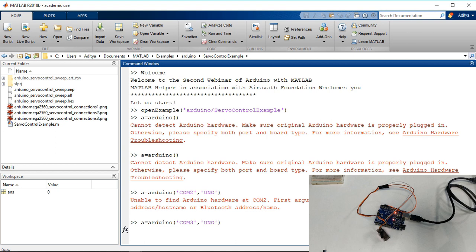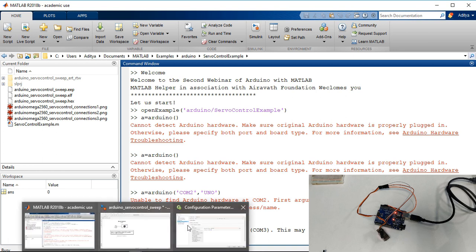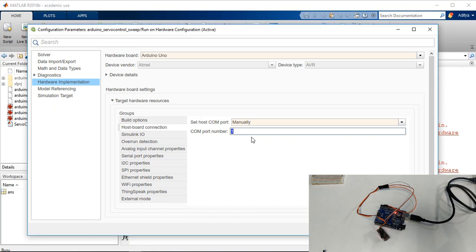Now it should work. So this is how you will have to debug the Arduino and set up the Arduino, which I have already covered in the first session, but to show you guys how exactly the errors are, I'm just repeating the steps in this session as well. So you can see updating server code on the board Uno. If you're connecting the Arduino Uno board for the first time to the computer, you will find this coming up like updating the server code on board Uno COM3.